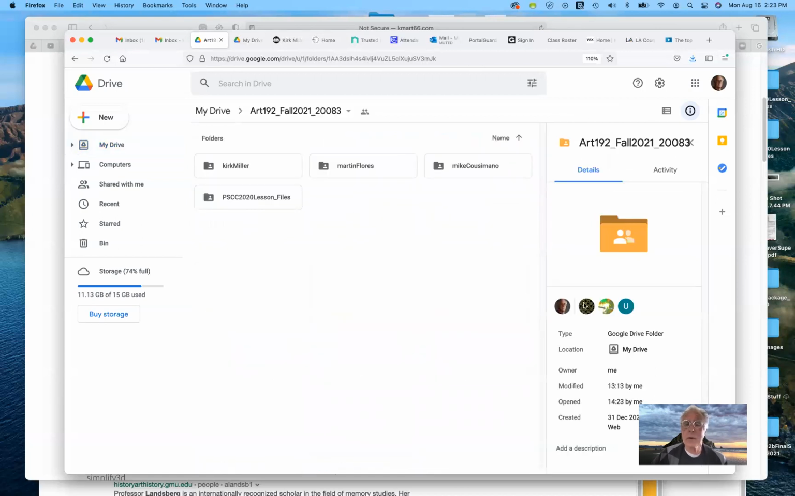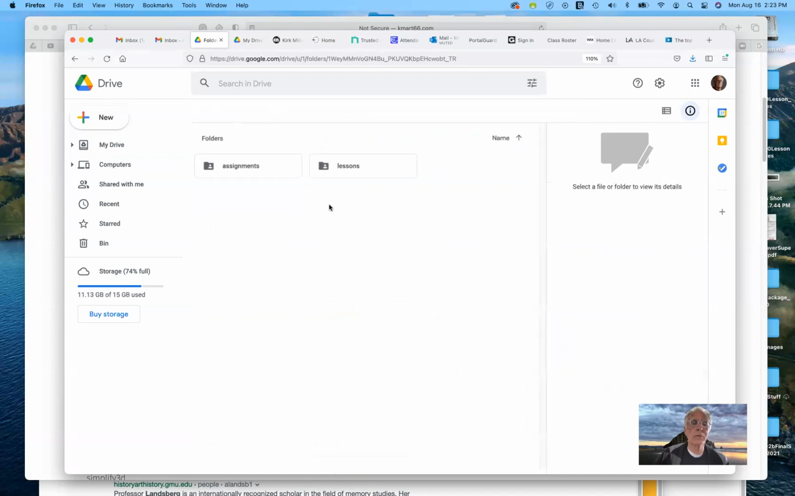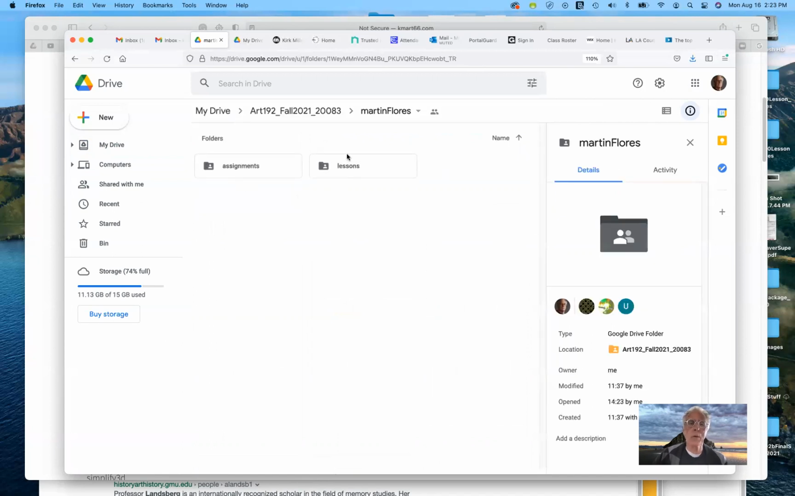And you can see that I've already added a few people here. And then if I hover over, you can see these are the members that are part of this. Then I should be able to add a folder for you. Inside that folder, if you double click on it, I will add two more folders, one for assignments and one for lessons. As you complete the lessons in the book, and you will be responsible for lessons 1 through 14,